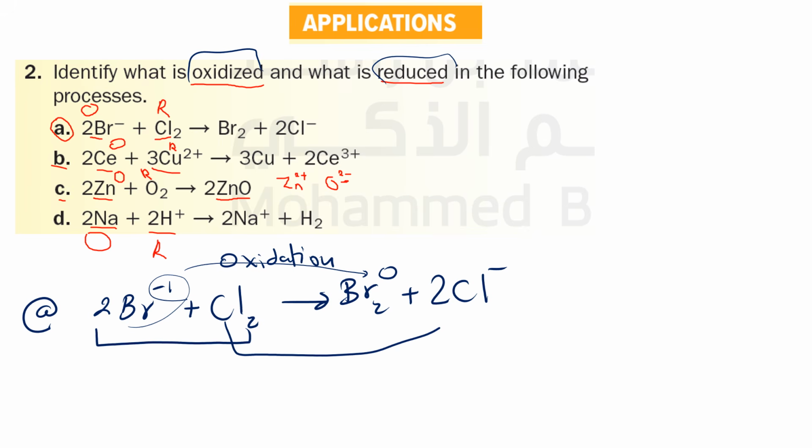ال Cl شو صار لها؟ كانت 0 شحنتها وصارت -1. إذا قلت من 0 ل -1 لأنه -1 أصغر من 0. So this is reduction. And that's it. So Br oxidation O و reduction R عشان نختصر. So Br is oxidized and Cl is reduced. Same thing here. You can just look at the charges. إذا ما لقيتوا شحنة على الذرة معناها شحنتها 0. So you can use that to know which one is oxidized and which one is reduced, okay? So O is oxidation, R is reduction. All right.